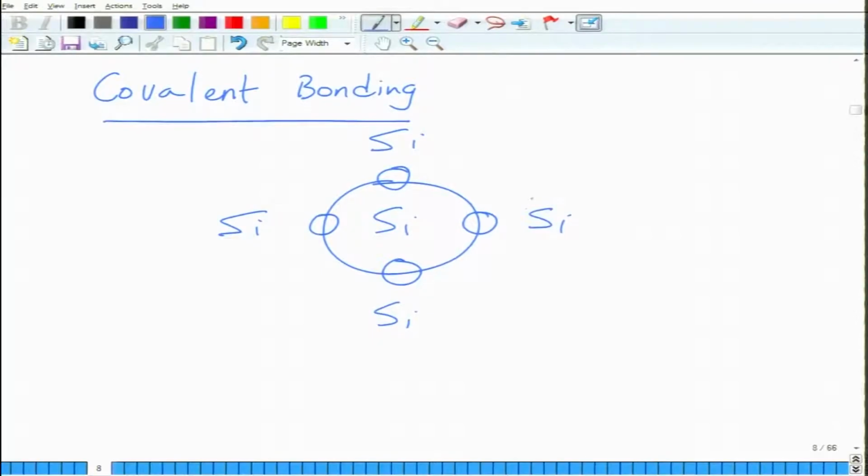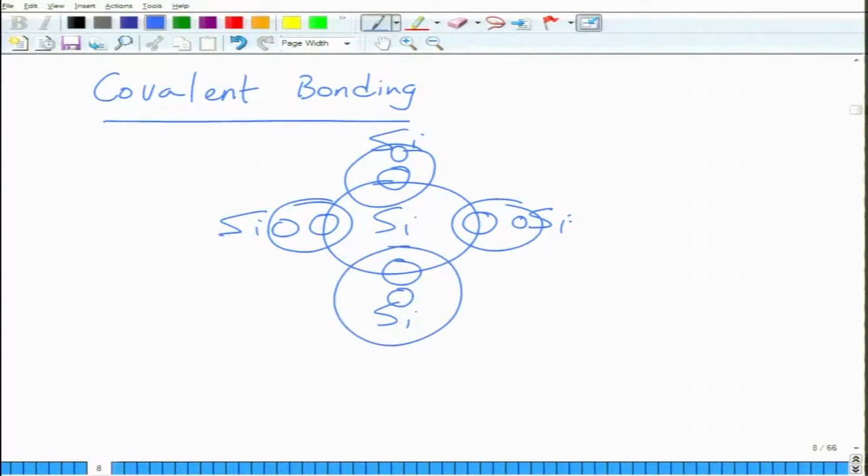So, the neighboring silicon will have 1 electron here, they will pair. Similarly, this silicon will have 1 electron here, they will pair. This will have 1 electron here, it will pair, and likewise this silicon on the outside will also be pairing with 4 neighbors, okay. So, as a result, silicon has a 4-fold coordination. Every silicon atom in the silicon structure is paired up with 4 silicon atoms, it has 4 neighbors, so as to have this covalent bonding, and this is called